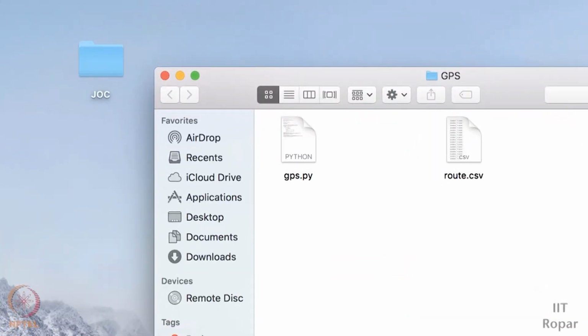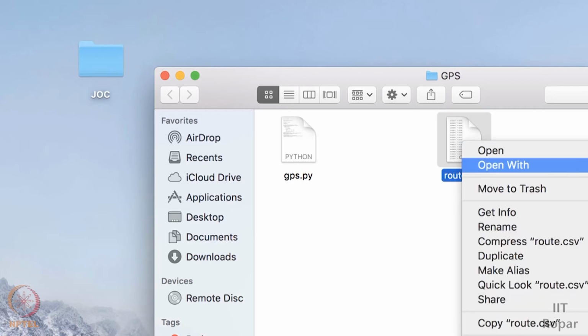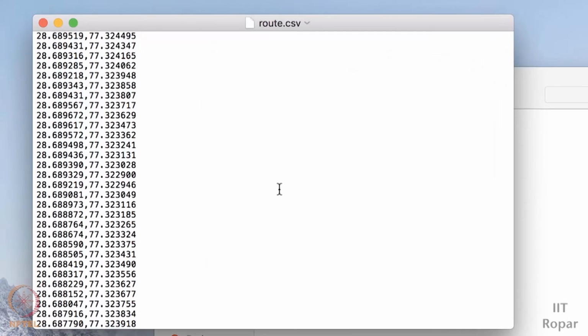You are given a set of points, and you have to plot these routes on Google Map. So how can you do this? Suppose this is my file named route.csv, and these are the coordinates.